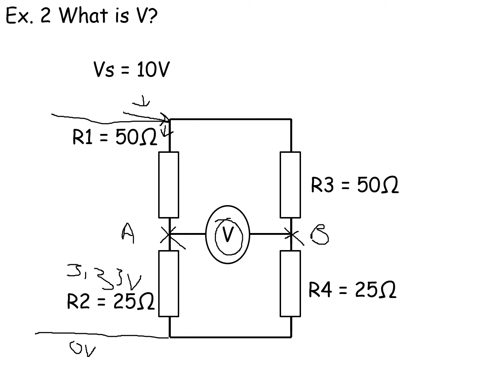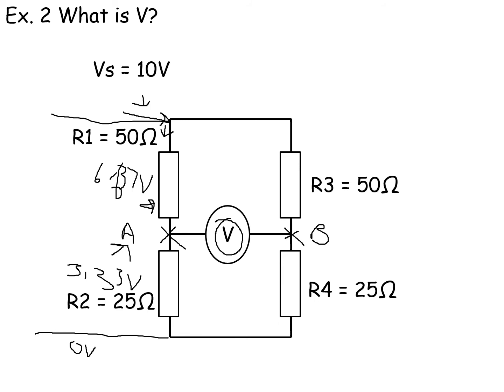So I know there are 3.3 volts at A, and the reason for that is we know that there is 6.37 volts here. So whatever's left has to go after R1. So if R1 took up 6.37 volts, there must be 3.33, no, sorry, that should be 6.67 volts. Then that means there must be 3.3 volts left to go over R2. Okay, so that means the potential at A is just the same as the